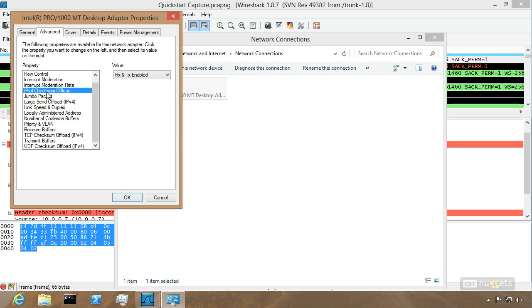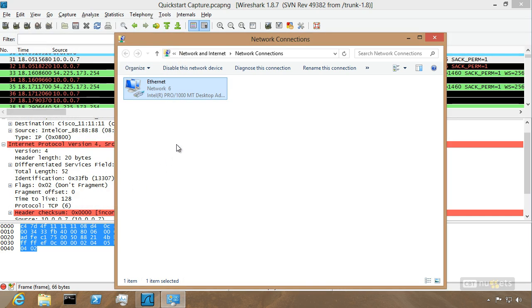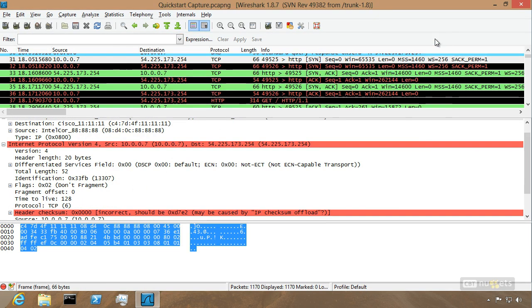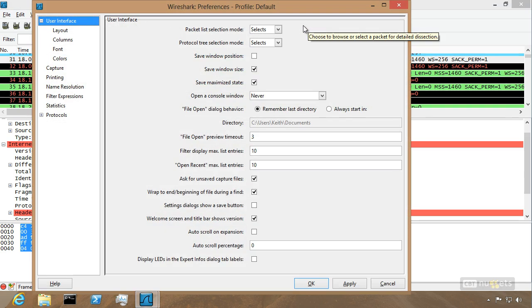But anytime we can do a feature in hardware, it's a lot more efficient than doing it in software. So I'm going to leave that option in place on the actual workstation. Instead, I'm just going to go ahead and tell Wireshark to relax. So to tell Wireshark that you don't really care about that, go under preferences. Now there's a lot of options in preferences, but the one I want to focus on right now, sort of like a pet peeve, because I don't want to see those error messages, is we're going to go to protocols,